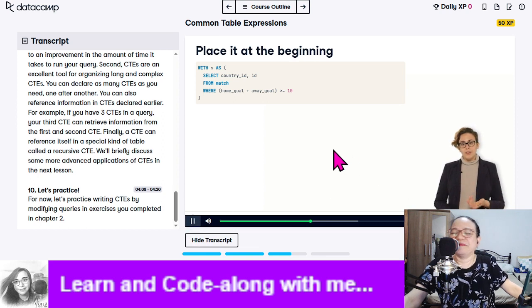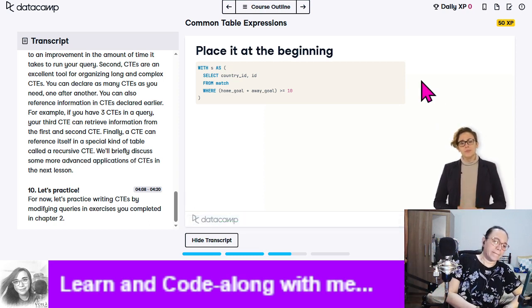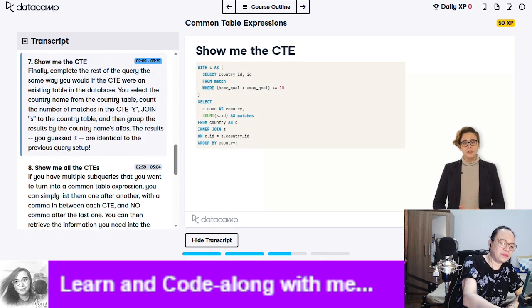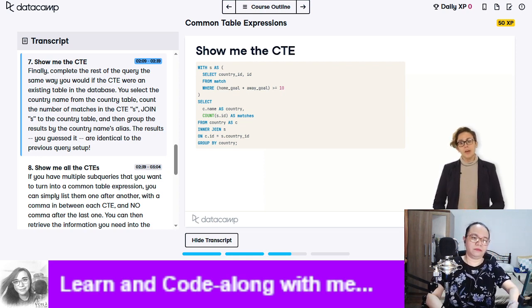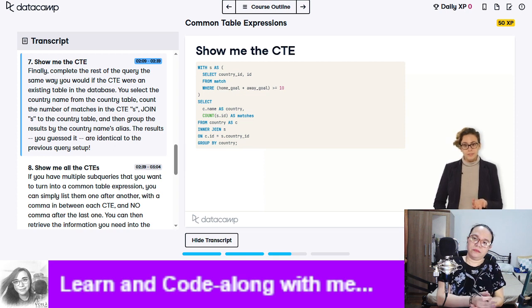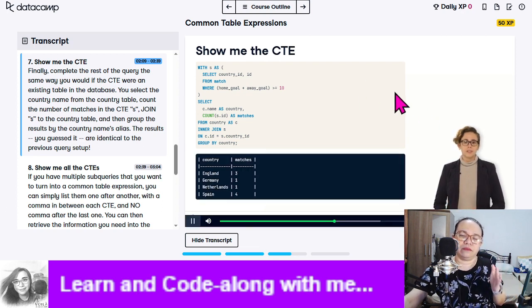By starting with WITH S AS, and then placing the subquery inside parentheses, it's now a common table expression. Finally, complete the rest of the query the same way you would if the CTE were an existing table in the database. You select the country name from the country table, count the number of matches in the CTE S, join S to the country table, and then group the results by the country name's alias. The results, you guessed it,